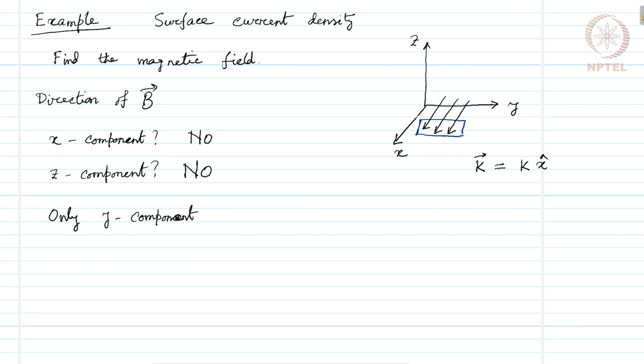And by drawing this kind of an Amperian loop, we will have this upper line running along y direction, lower line running along minus y direction, and these two arms that intersect the plane, they are perpendicular to the y direction, that is perpendicular to the magnetic field. Therefore, B dot dl would not find any contribution from the lines intersecting the xy plane. Therefore, with this rectangular Amperian loop,